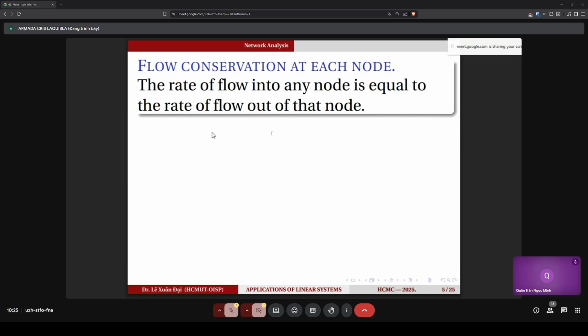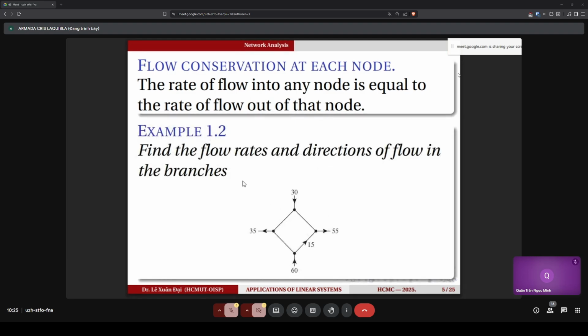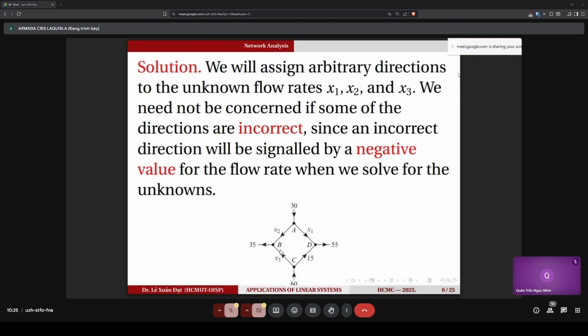conservation at each node, the rate of flow into any node is equal to the rate of flow out of that node. So you remember this again, the rate of flow into any node is equal to the rate of flow out of that node. So for example, we have there 1.1, find the flow rates and directions of flow in the branches. Okay, so you have this direction. For here, 30, it goes in, out here, and then goes in here in 60, and then it goes out here, flow out. Okay, if we label them,